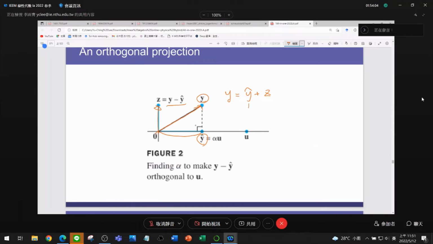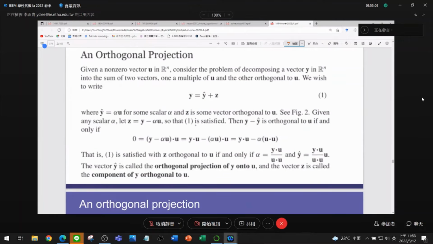And y hat is y projected on a line with the direction u, and z is perpendicular to u. 我们把 y 分成了两个部分的相加，其中 y hat 是在 u 这个方向的线上，然后 z 呢则是与 u 垂直的线上。那任何一个非零的 y 都可以被分解成这两个部分。